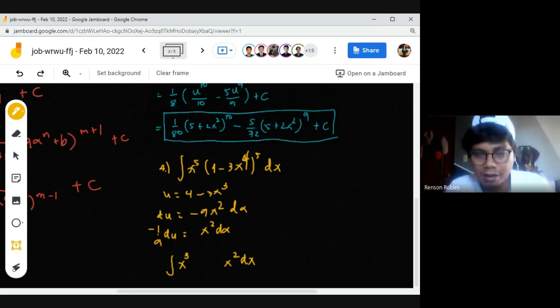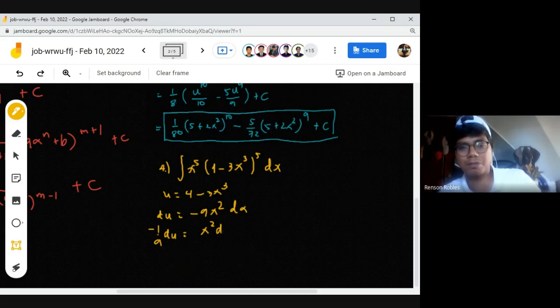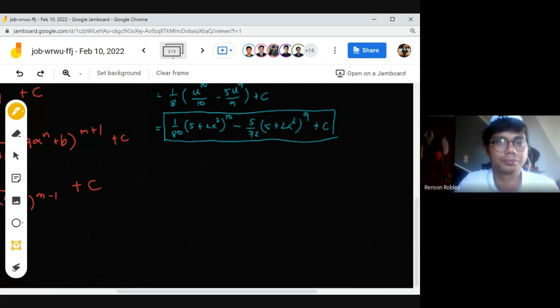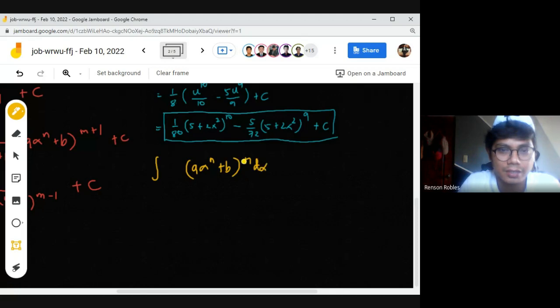Balik na tayo dun sa ginagawa ko kanina. So if that would be the case, this is what I'm going to share with you para mas mabilis yung process. Okay? So if the integrand is written of this form, integral of ax raised to n plus b raised to m dx, okay? If that would be the case, what would be the power of x here? If this is n,